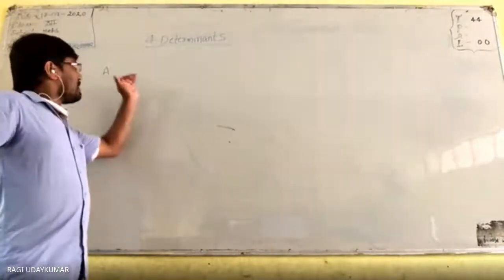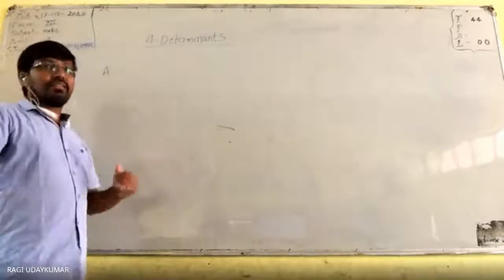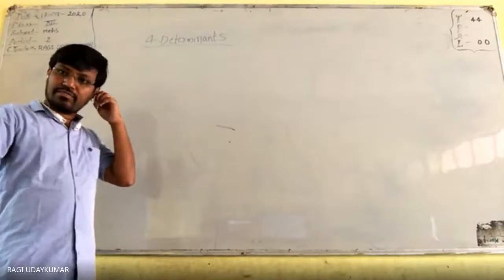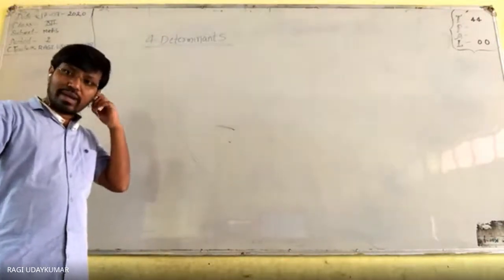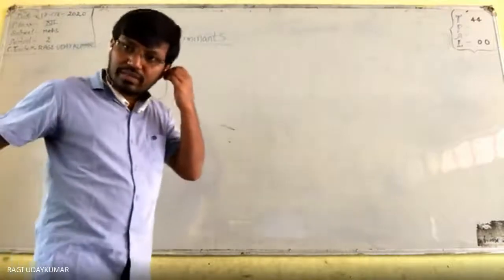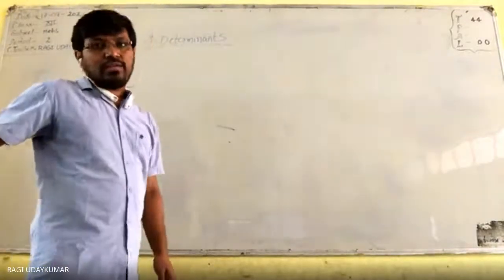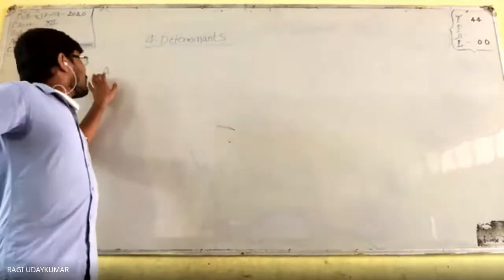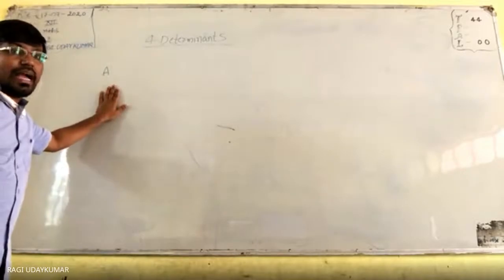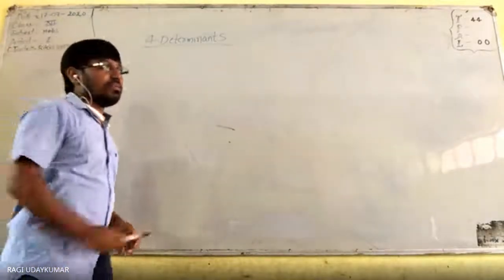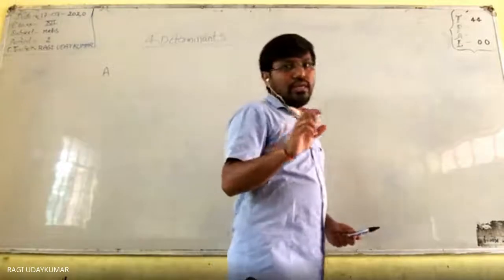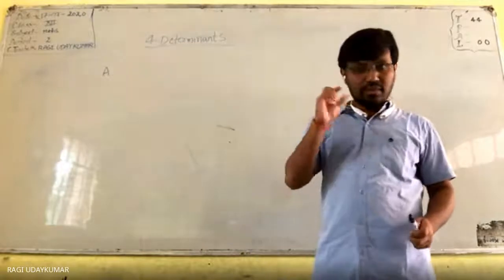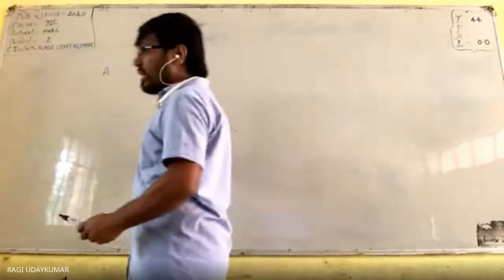Usually for all matrices it is the same way, but the second order matrix determinant is the easiest to find, as it is a smaller matrix. Determinant exists only for square matrices. Do remember this. So we can find the determinant of a matrix only for square matrices. That's why A is any square matrix, and the definition is that a number will be given to it. That number is called the determinant of the matrix.